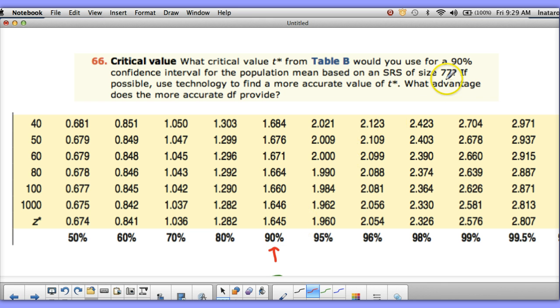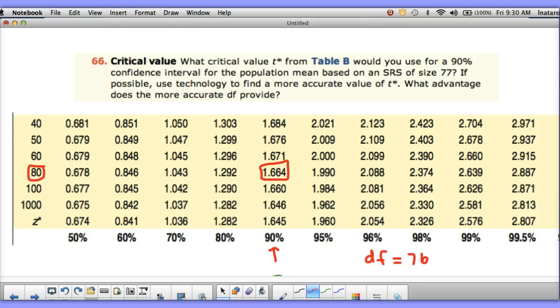And if our sample size is 77, we know that our degrees of freedom would be 76. And notice 76 is not in the table, so we need to use the next best thing. So we maintain at least a 90% confidence interval. We'd want to use a sample size, or degrees of freedom here, I should say, of 80. So if we didn't have technology available, this is the best we could do. And not all students on the AP test will have graphing calculators, so this would be the expectation that they would use this. However, if you wanted to get a more reliable, or more accurate, I should say, estimate,